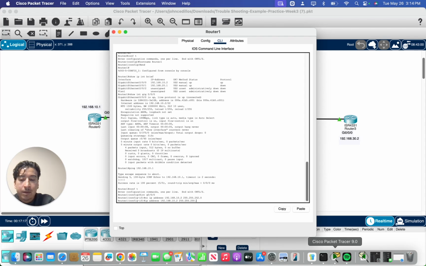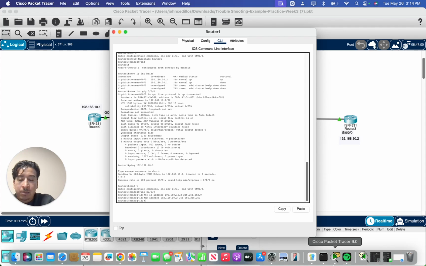.255 here, .252. Okay? I'm gonna do that and assign it this. Pretty much put in the same neighborhood, although, theoretically they still could have pinged each other, but